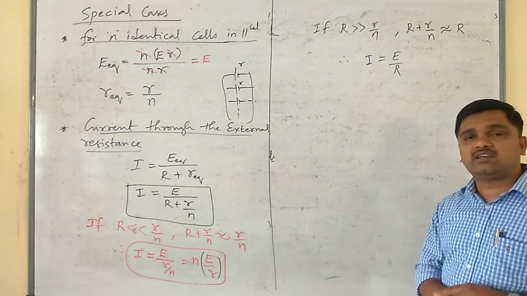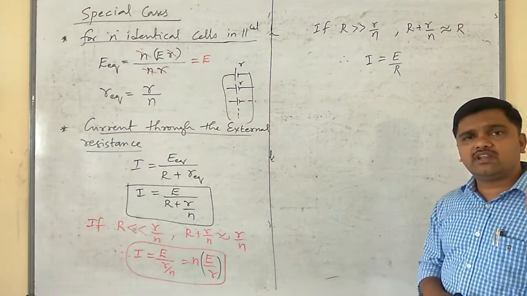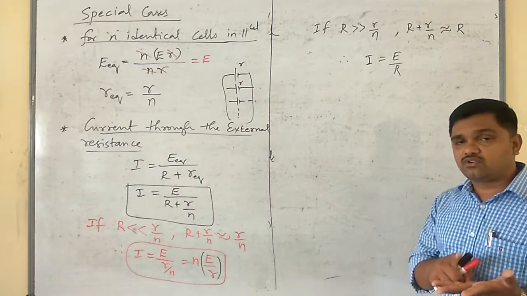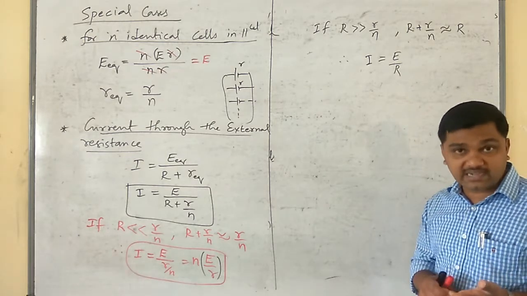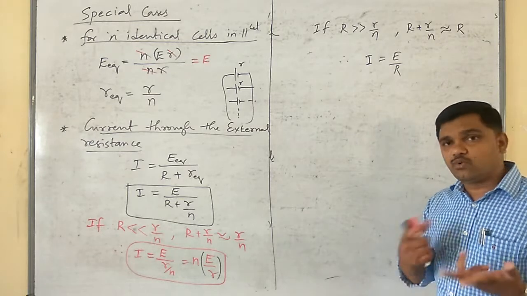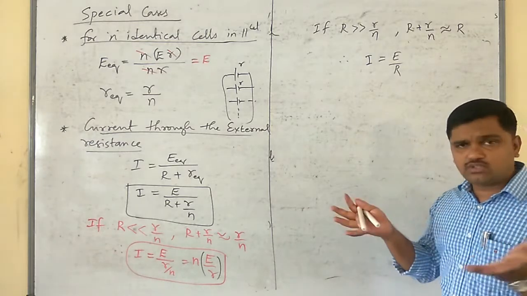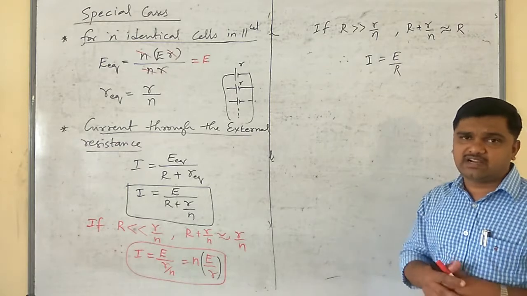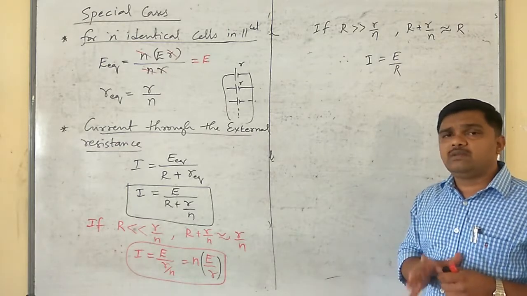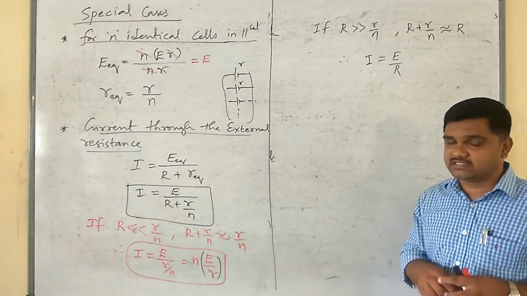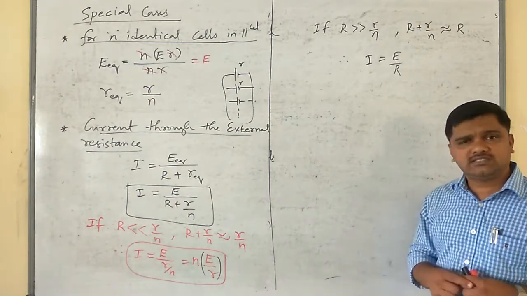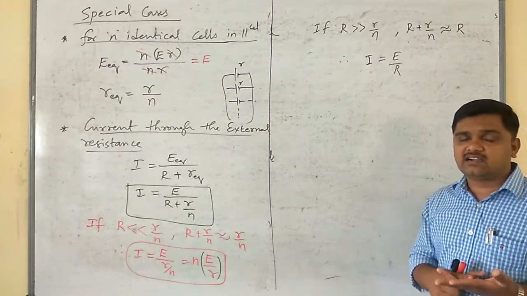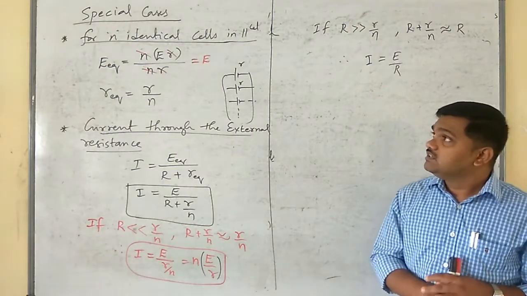In the next class, let us discuss two very important laws in electricity called Kirchhoff's laws. Okay, so there are two laws. The first law is Kirchhoff's current law, and the second law is Kirchhoff's voltage law. Without those two laws, we can't solve the circuits to find the different currents, because Ohm's law will be helpful only to find the current through simple circuits. In order to solve complicated circuits, we should know those two laws. The first law is based on the current and the second law is based on the voltages. Anyhow, thank you for watching.